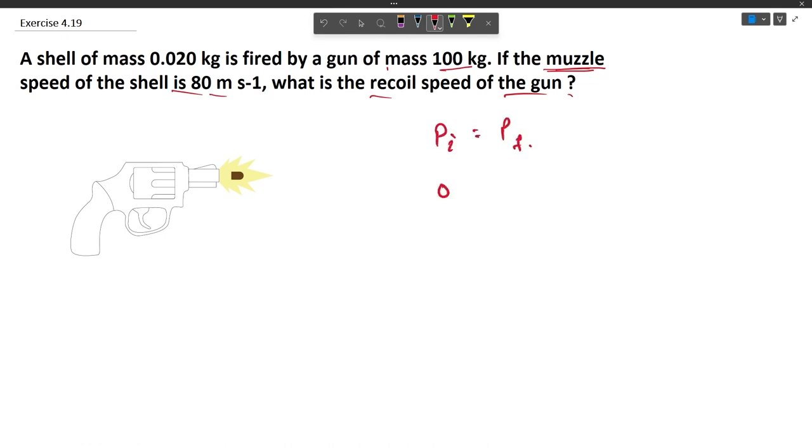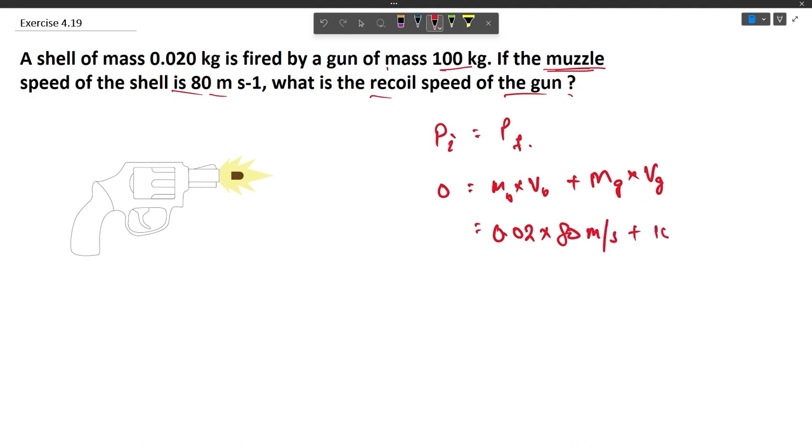Initial momentum is equal to 0, so final momentum is comprised of the product of the mass of the bullet and the mass of the gun with their respective velocities. So mass of the bullet is mb multiplied by velocity of the bullet, plus mass of the gun multiplied by velocity of the gun. That would be equal to 0.02 multiplied by the velocity of the bullet, which is 80 meter per second,